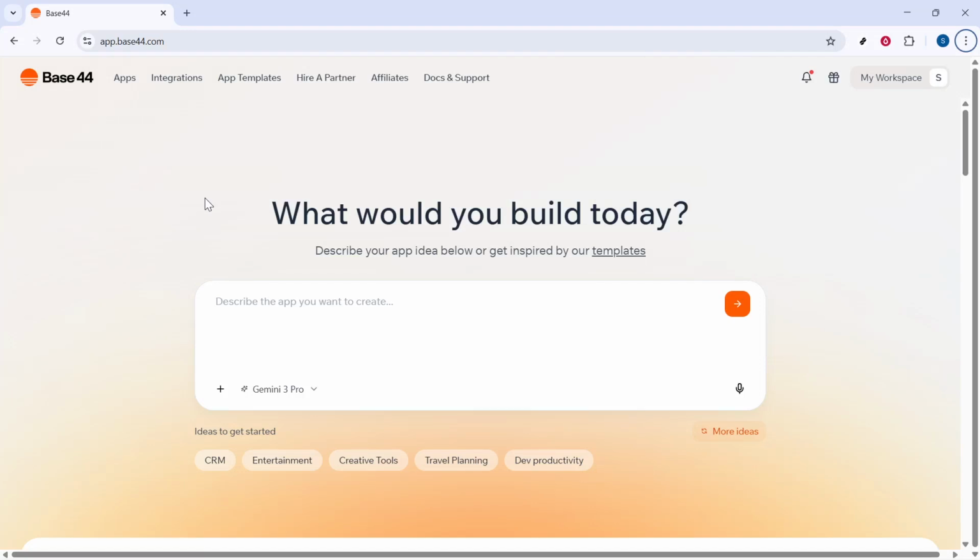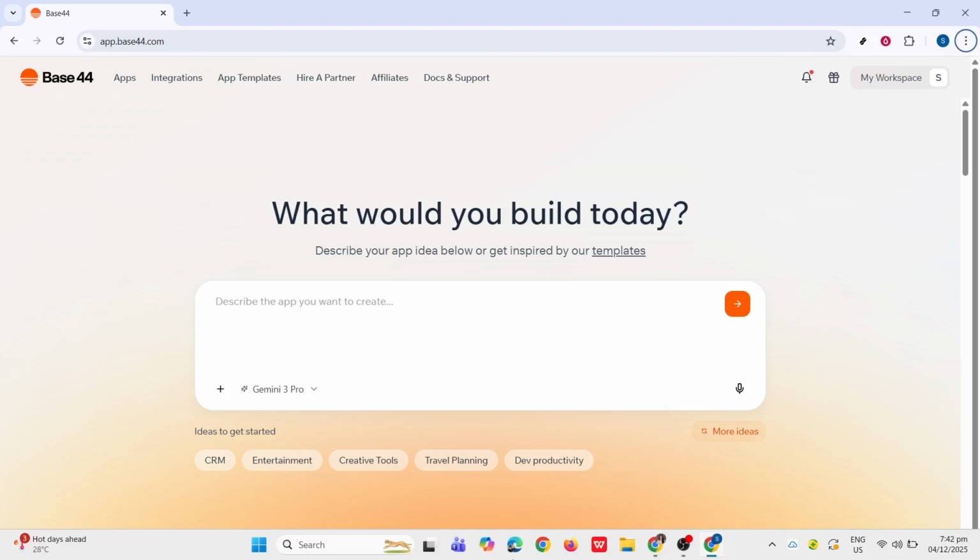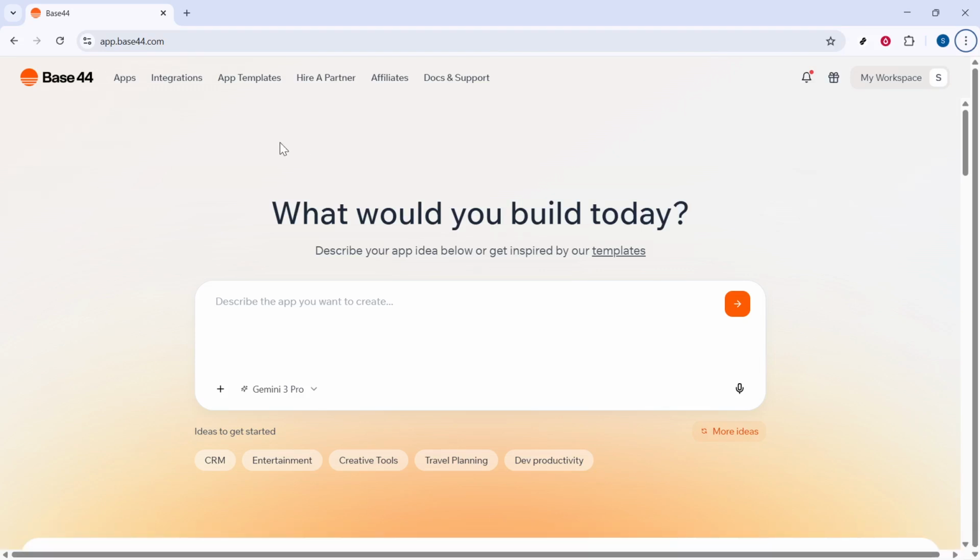In today's video, I'm going to teach you how to add a loading spinner in Base44. A loading spinner is a simple visual cue that tells your users the app is working in the background, fetching data or preparing a view, so they're not left wondering if something went wrong. It's a small detail that makes a big difference in perceived speed and overall user experience, and Base44 makes it